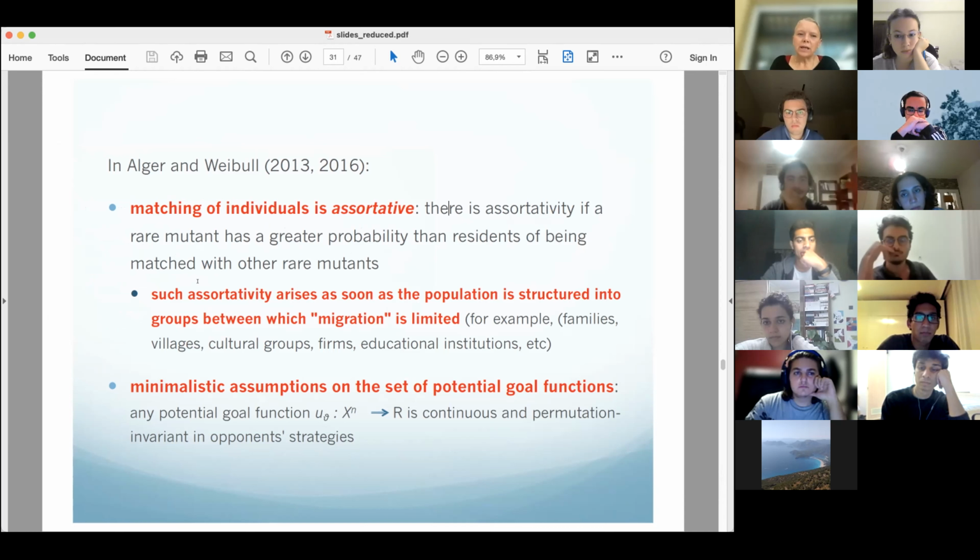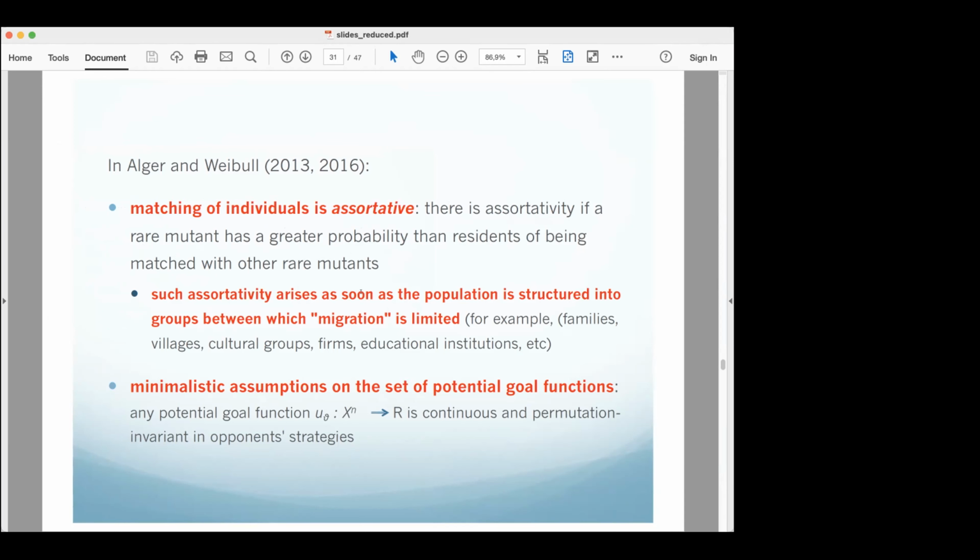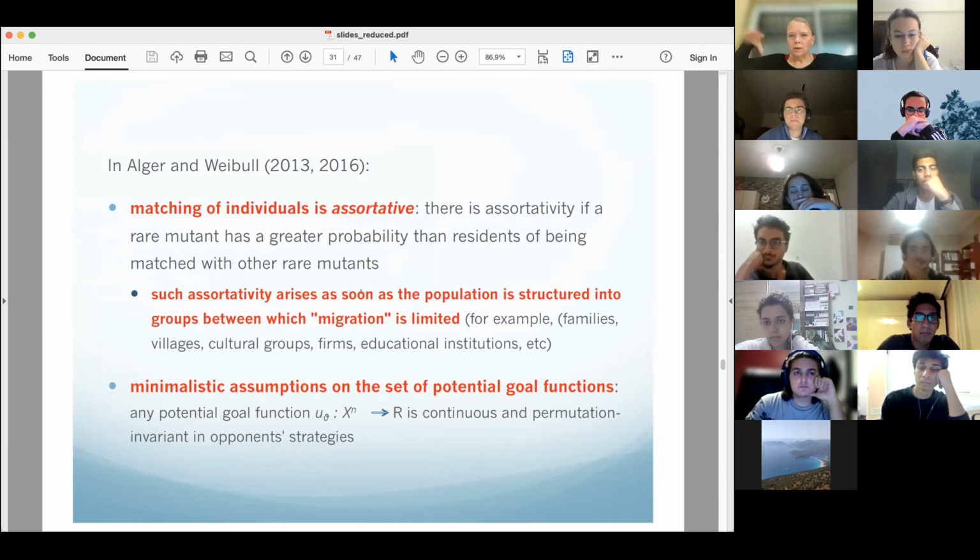And this type of assortativity arises as soon as the population is structured into groups. So for example, think of these groups as being villages, okay? And suppose that suddenly there is this one mutant individual who is born in one village. Well, that person